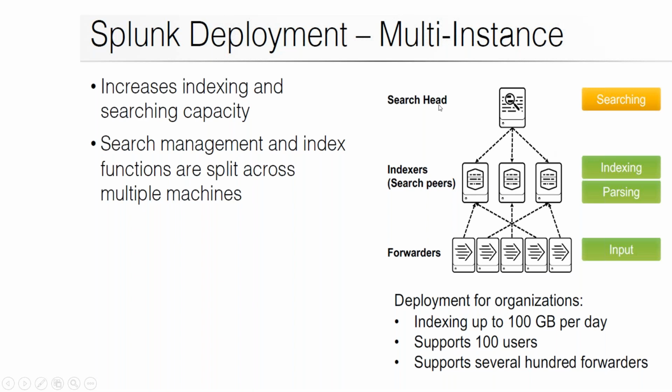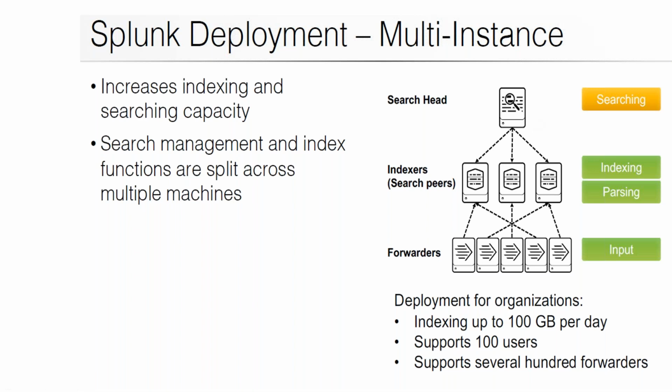The indexers are in a cluster. You can also include search heads in clustering if you have multiple users. That's the end solution, how things will look in a big organization, when you want to meet high availability or disaster recovery. You want to meet everyone's needs. The data should be stored for a particular time, and there should be no data loss. So the indexers will be multiple in a cluster. When there is a situation of availability, I want to log into the search head every time and not face any issue. So search heads can be multiple in that case. That's a high-level view of how things work in an organization.